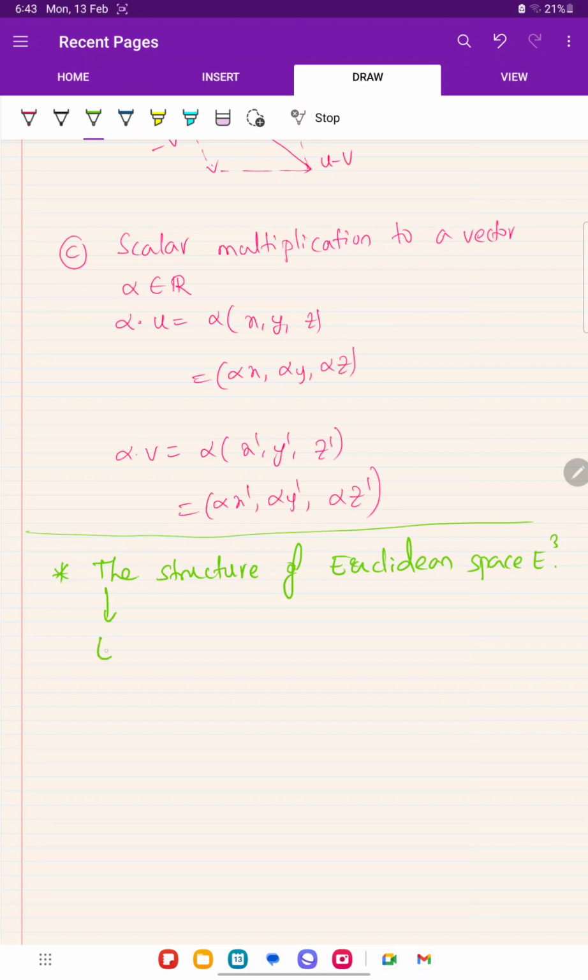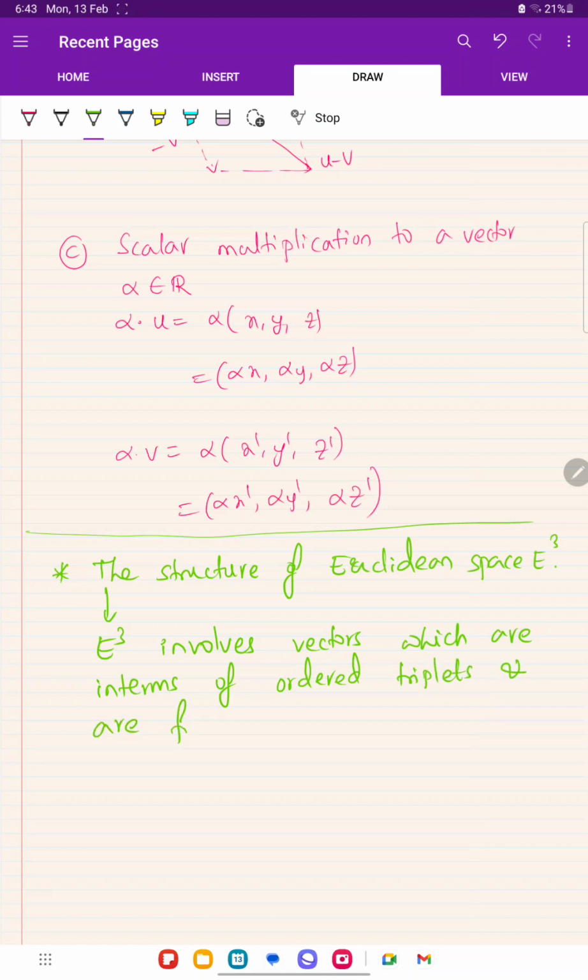As E3 involves vectors which are in terms of ordered triplets and are from the real space R3,